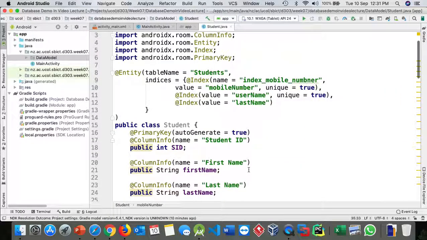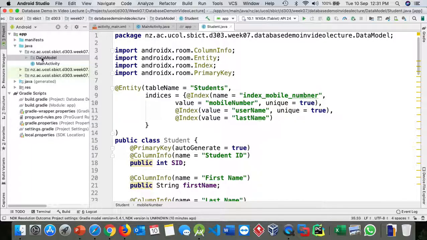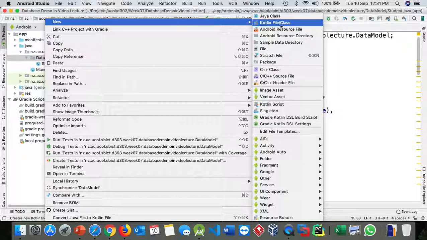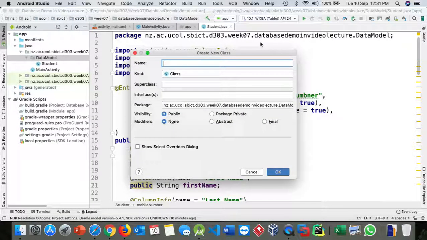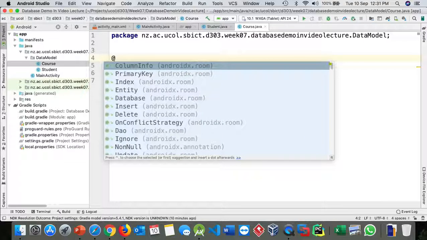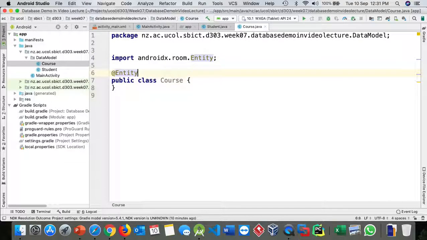So this is the first entity that we have defined, and then we need to go and define the second entity. Again we are going to add that class. We can say that it is a Course class, and inside the Course class we need to have the entity annotation and the table name. Table name should be courses,